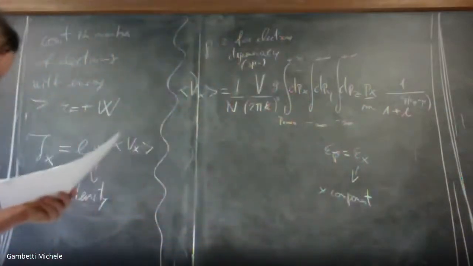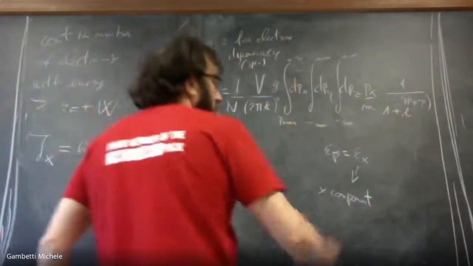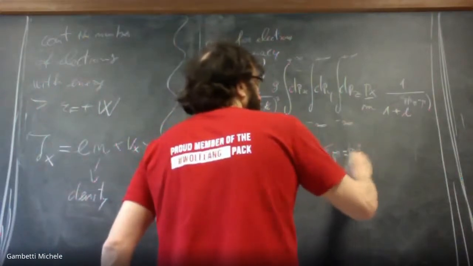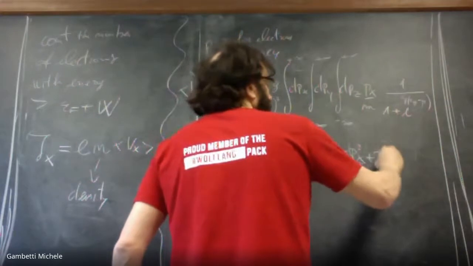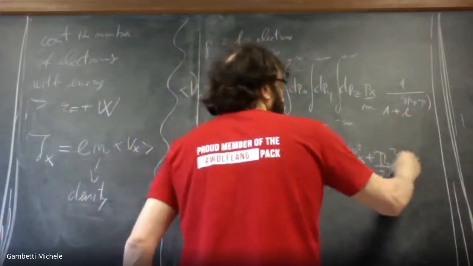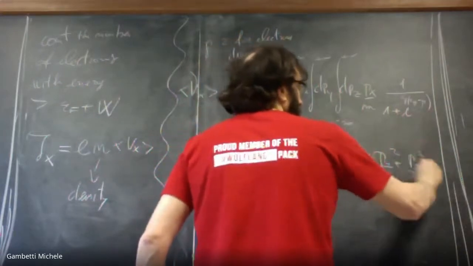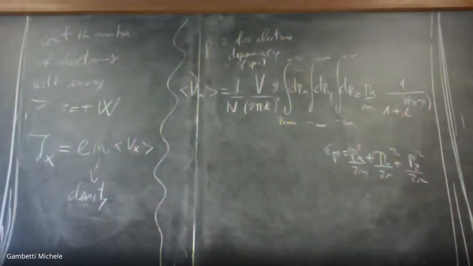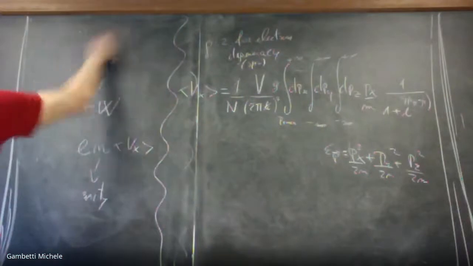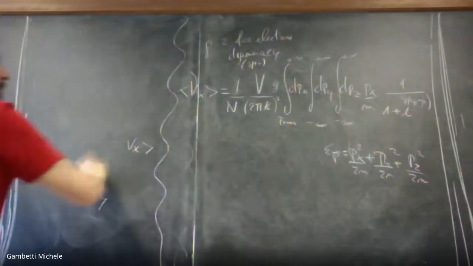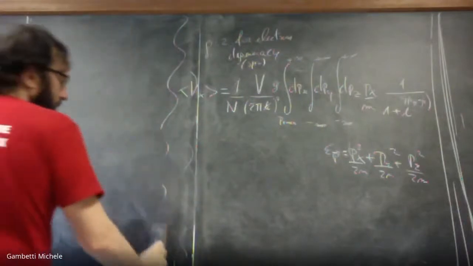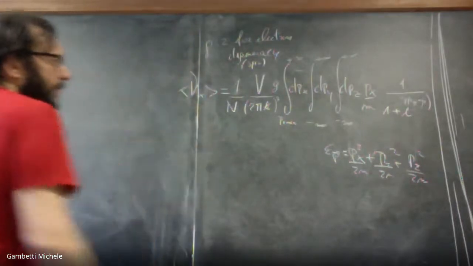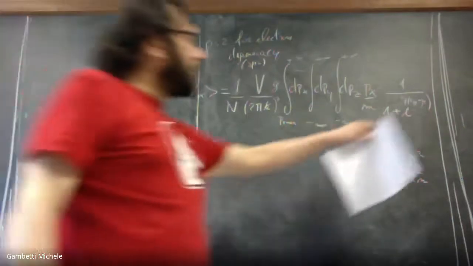Well, it's really useful to do that. Let's do it without complicating our lives. Let's do it like this: px squared divided by 2m plus py squared divided by 2m plus pz squared divided by 2m. Okay, so this will be basically just Vx. Then you have, just to compute this integral, well, this is the correct expression.